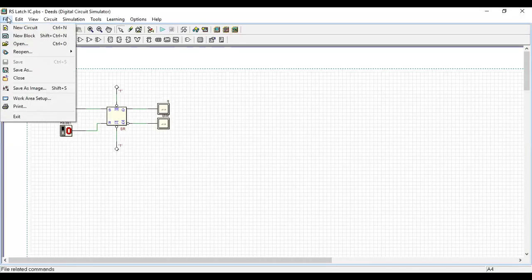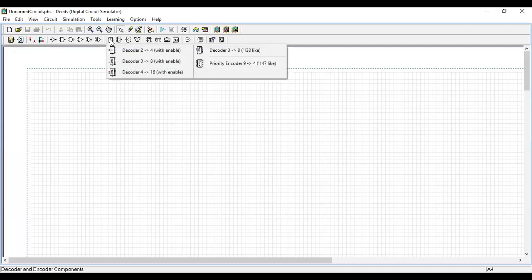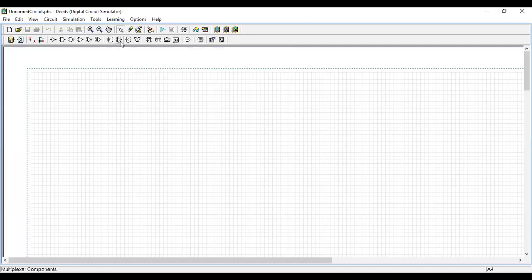I'll go to File, New Circuit. I have created a new page for designing. Usually we take what we need from this toolbar. This is my decoder block, and next to the decoder we have the mux block.